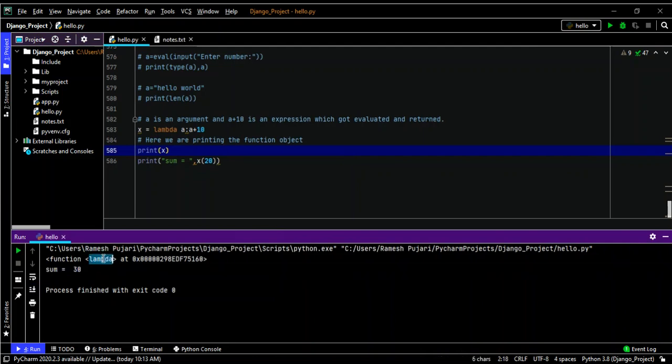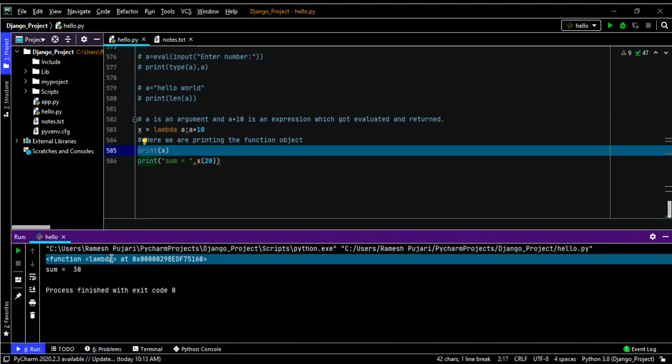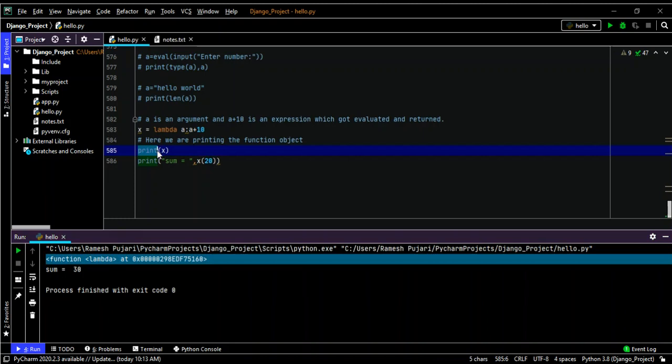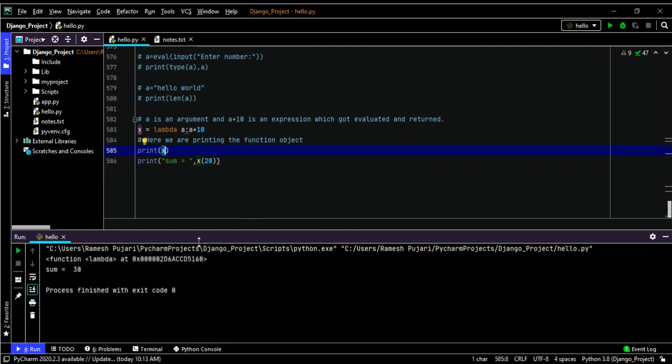So you can notice here, this is printing the type of the function. This class belongs to the lambda functions. In this line I am printing, and if I comment this line, I will get to know only the output is 30, sum is equal to 30. For our convenience I am using print x. It shows whether this belongs to the function lambda. So you can see that this is the object of the functions.